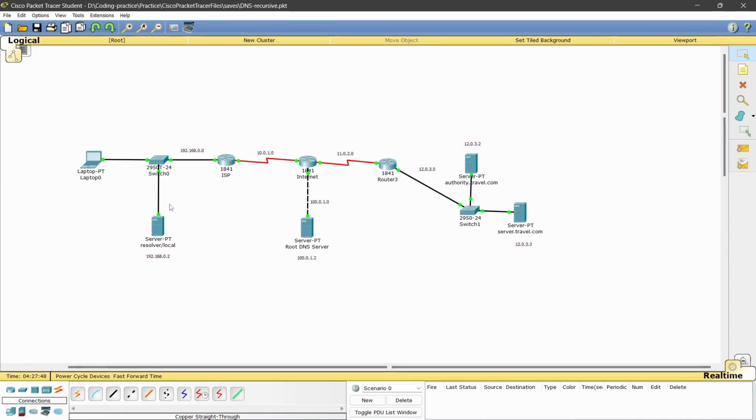Okay, so first whatever you search will go to your resolver. Resolver will go to the root. Root will go to your authoritative server, from where it will get the actual IP address. Then it will go back. So here, see, we have our